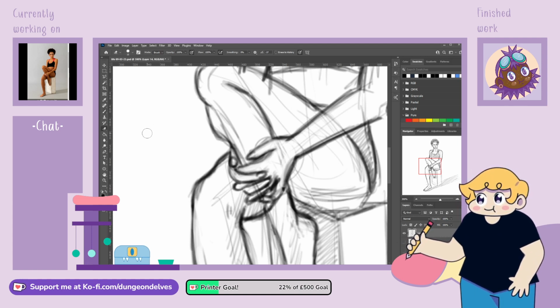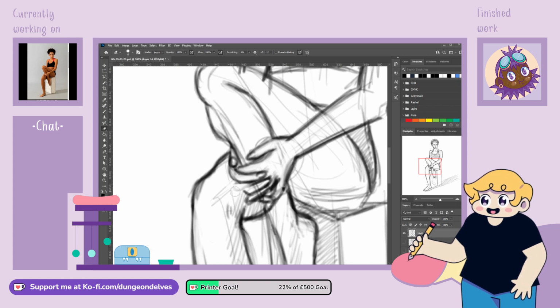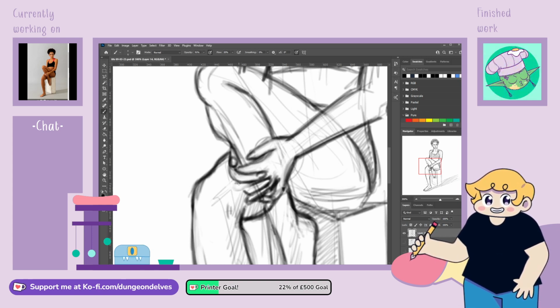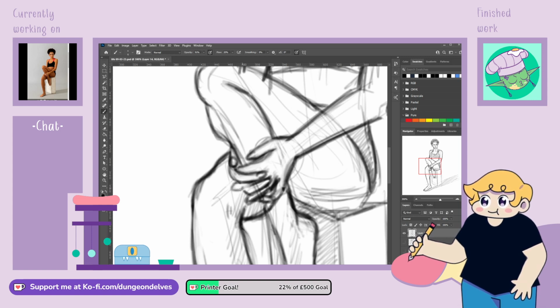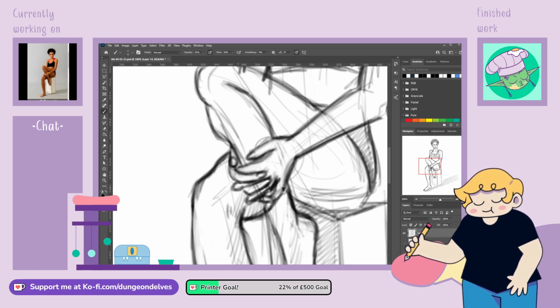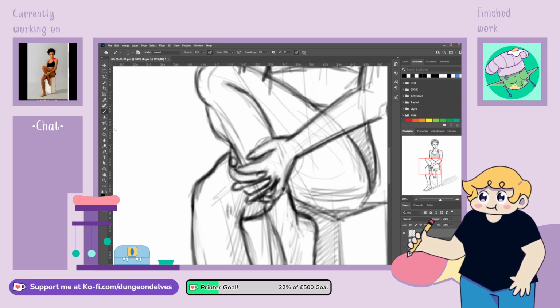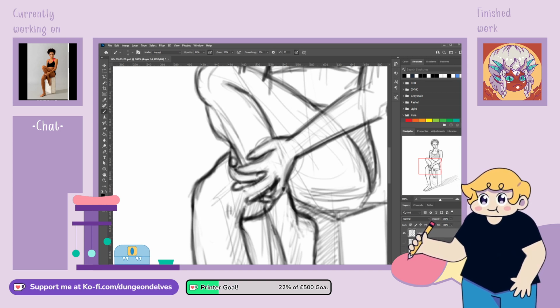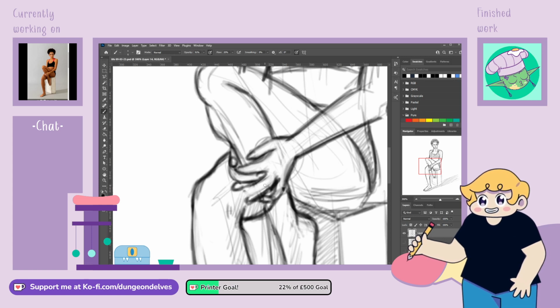And same with this, you can see the nail just poking out. It's kind of like poking into her leg by the look of it. And then this one comes round. And it's, yeah, kind of in line.